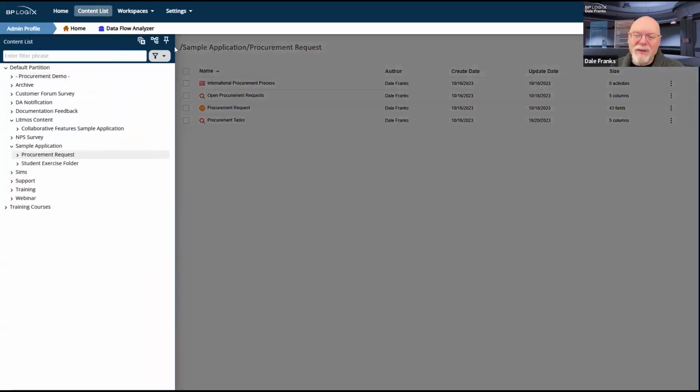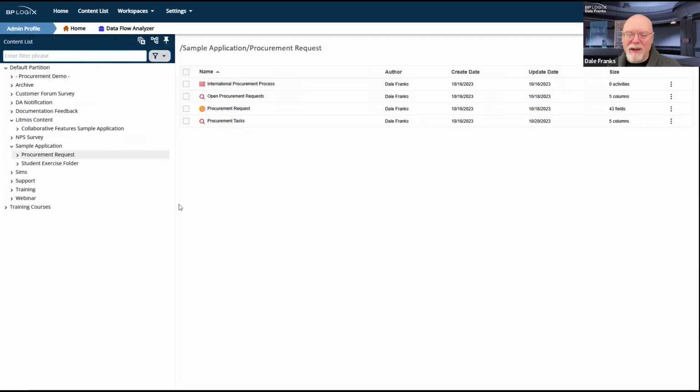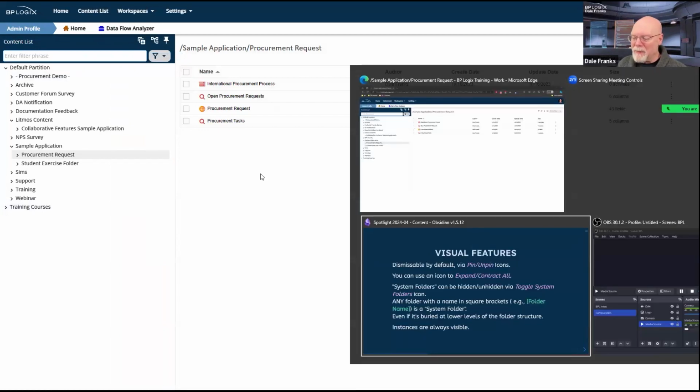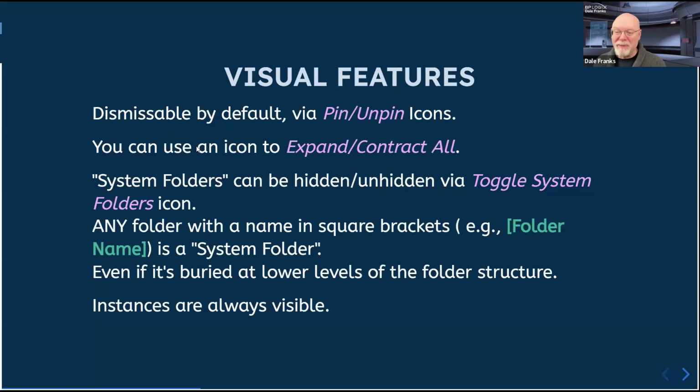So that's why the dismissibility of the content list is kind of a big deal. I can just move it out of the way and not have to look at it if I don't want to look at it. I'm spending far more time on dismissibility than I was planning to.